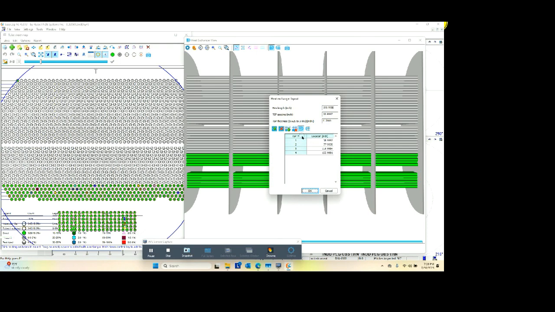And then it will automatically calculate the number of support plates that are at that distance apart and position them on the graph. So in this case, we've got 4 support plates, 1, 2, 3, 4, and 2 tube sheets, 1 at